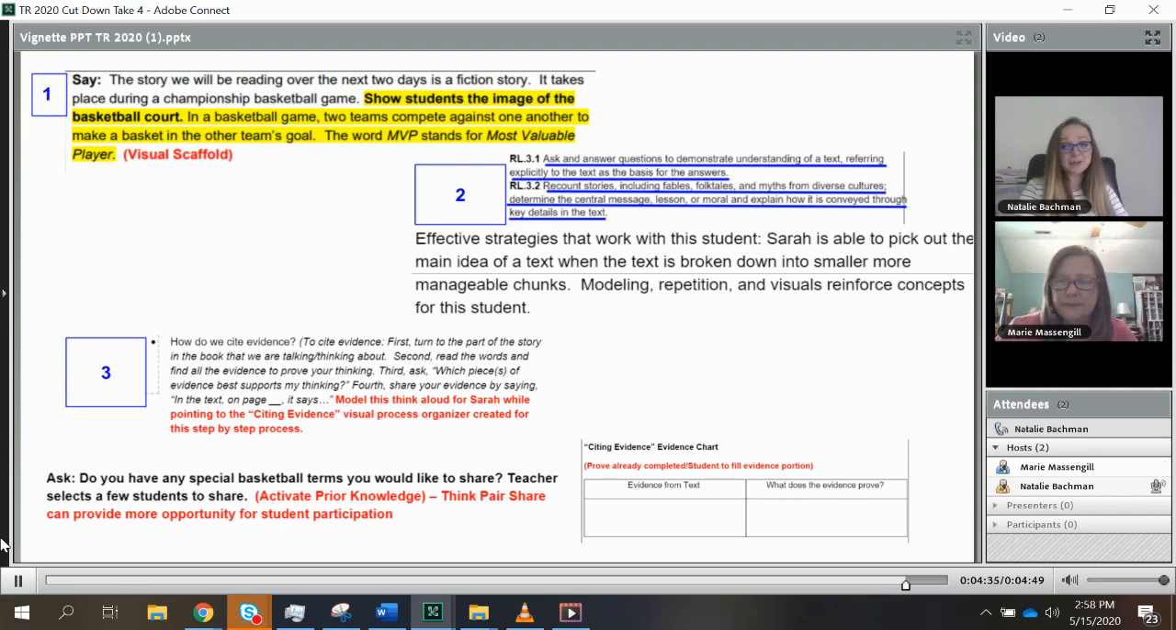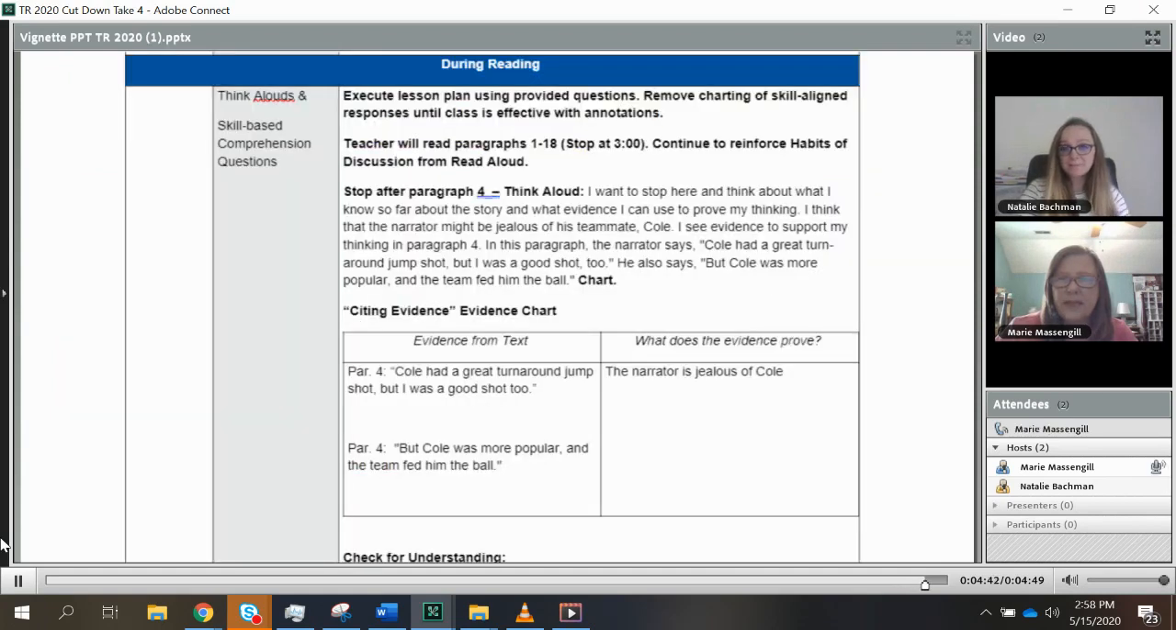Yes, it's also important we go back and make sure we've met all the students' needs with the appropriate individual scaffolds. Okay, let's continue getting through this. Great. So in the during reading section, I think